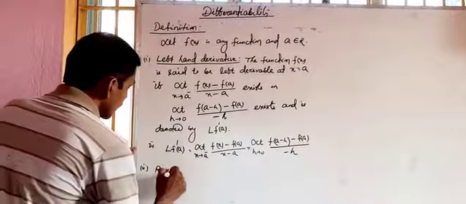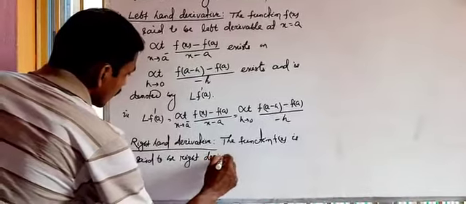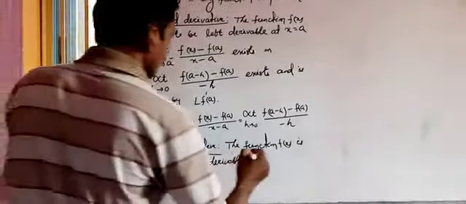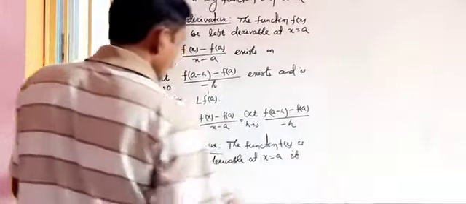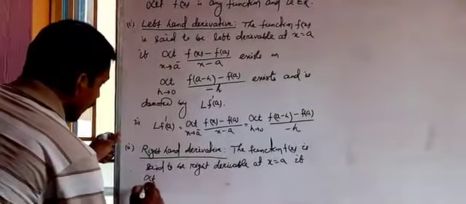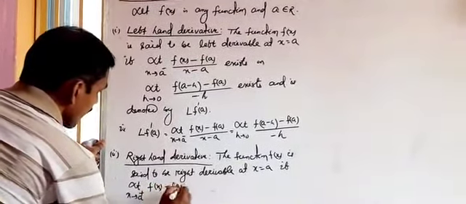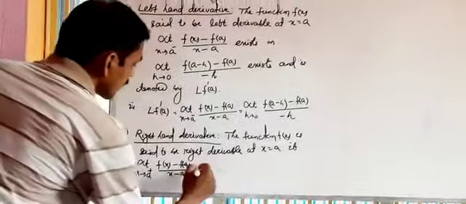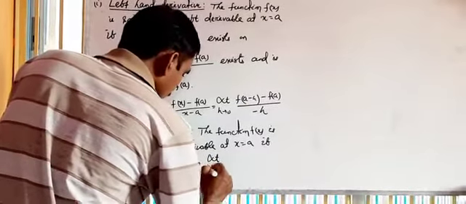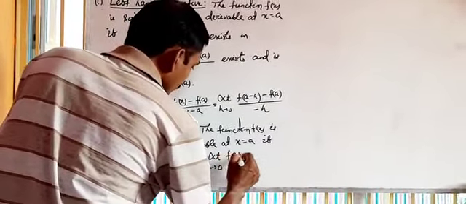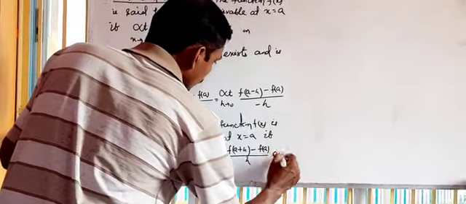Similarly, the function f of x is said to have a right derivative at x equal to a if limit x tends to a plus of f of x minus f of a by x minus a exists, or in the substitution method, limit h tends to 0 of f of a plus h minus f of a whole divided by h exists,